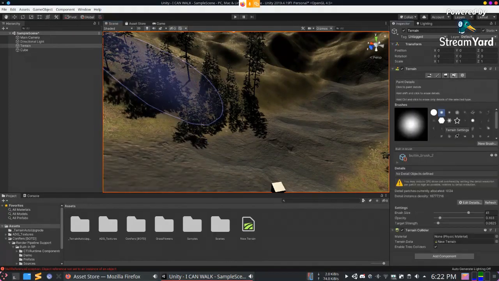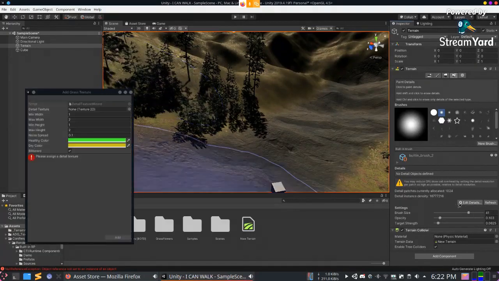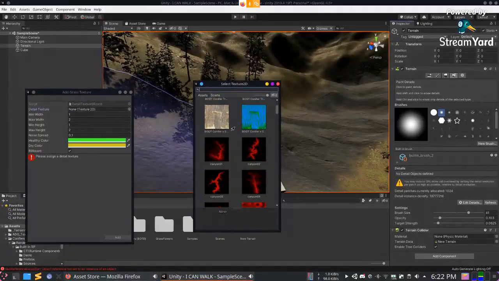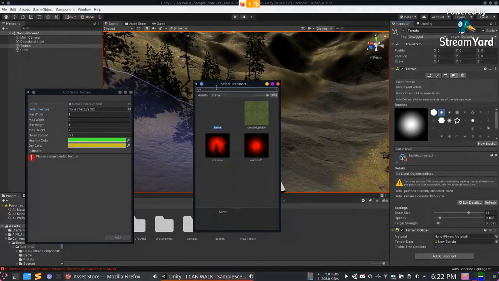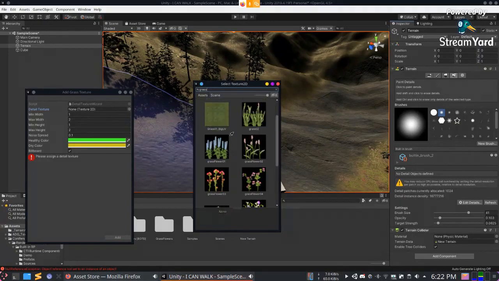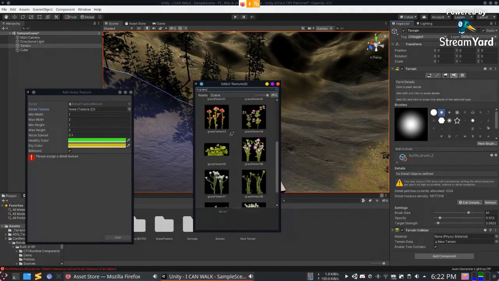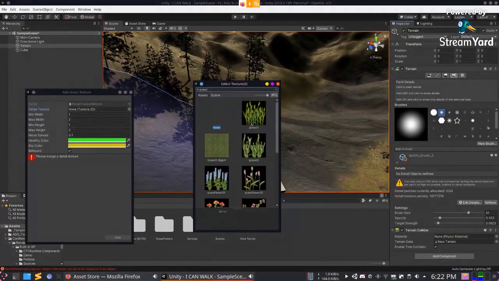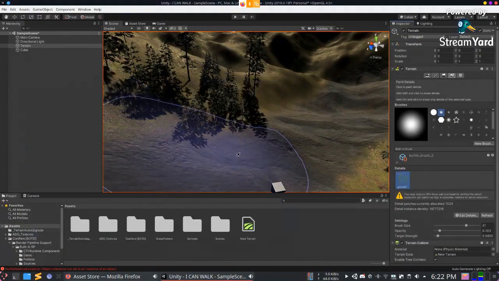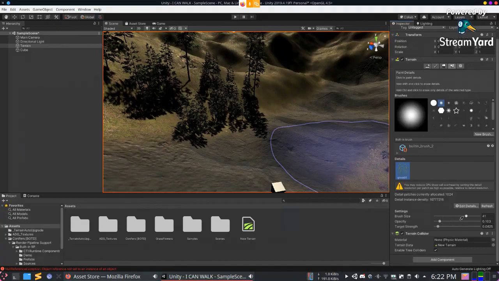Let's go for the grass. Add grass texture. Now, let's just search grass, it will be helpful. Which one is a good basic grass? Let's just go with this one, grass 0.14 by default. Brush size severely decrease.